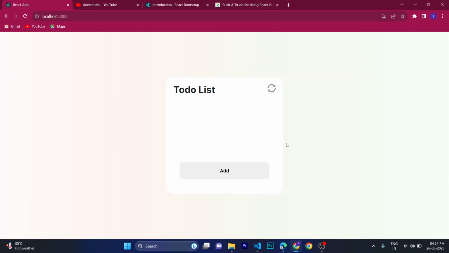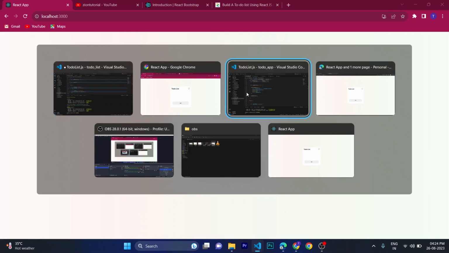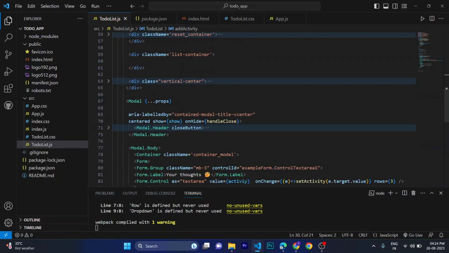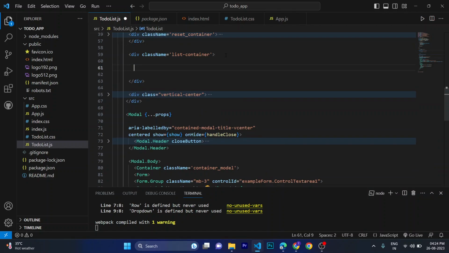Okay, now what we can do is add the data we are getting from the list. We have to show it here. So how can we show the data? Let's go to the source code and write a list. Here we have already defined a div, in which we are rendering each and every list item. So how can we render the list basically? So let's put this